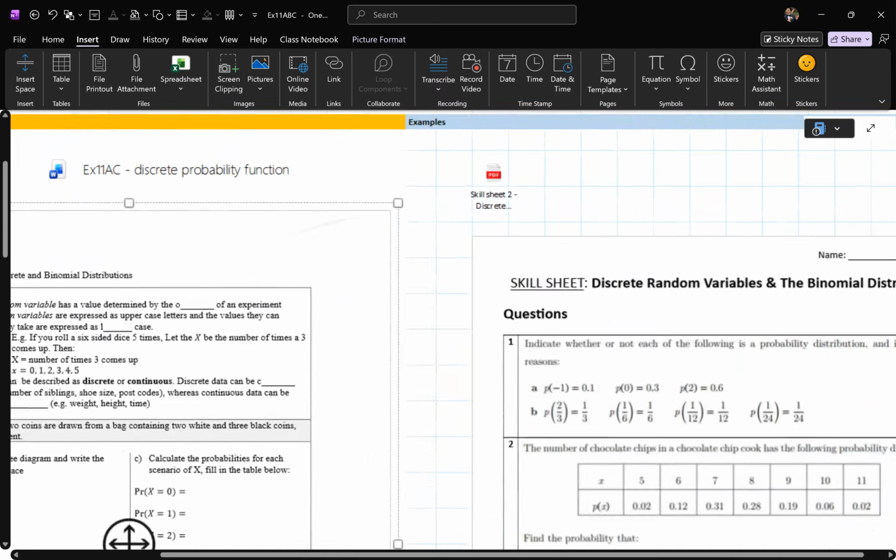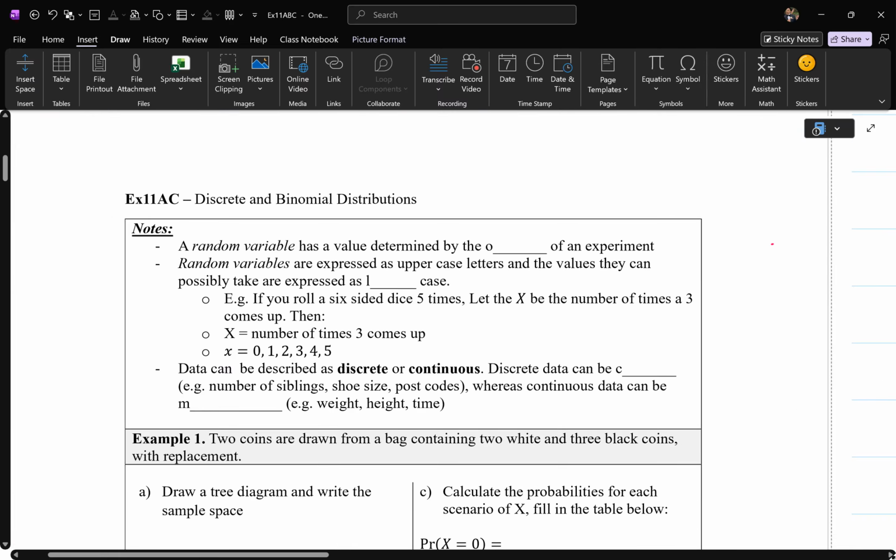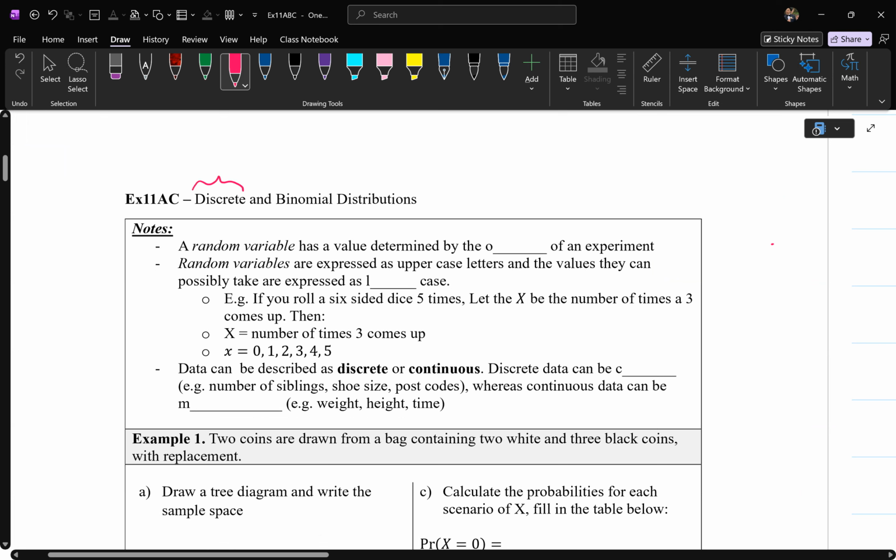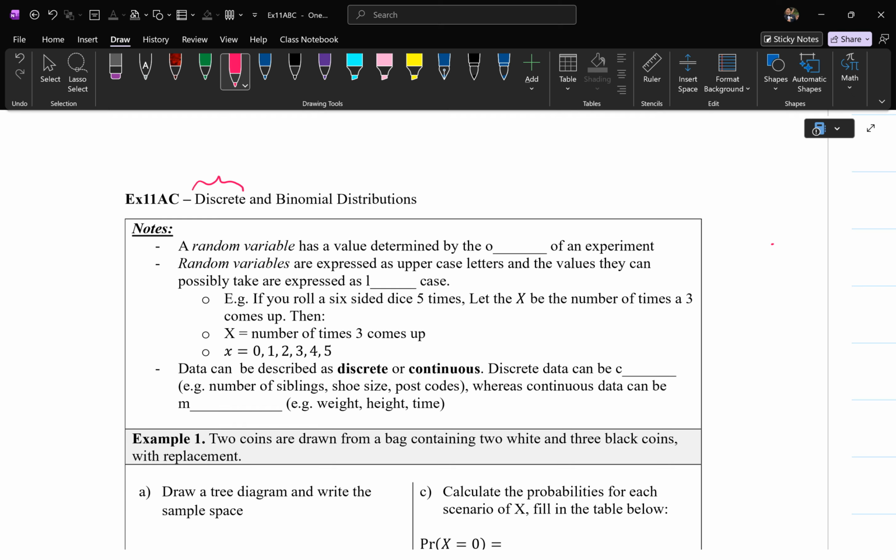Okay. Here we go. Let's go through the notes. So 2 things that you need to know. What is discrete random variable distribution versus binomial? Okay, they're really fancy names, but really if I had to summarize it, it's just learning how to read a table of probabilities. That's skill number 1, which we can talk about discrete. And skill number 2 is with replacement